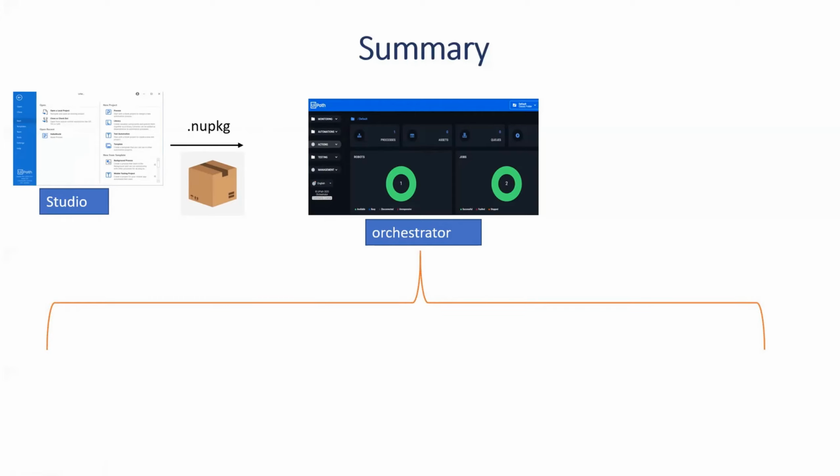Now I have deployed the code, I have hit the publish button, it is available in the Orchestrator, right? Now Orchestrator will ask me what should I do with this nugget. Orchestrator doesn't have a brain to run it on a specific machine, specific user. We have to tell it, right? So what do we do in Orchestrator? In Orchestrator, first of all, we create an environment. Now I hope you understand environment.